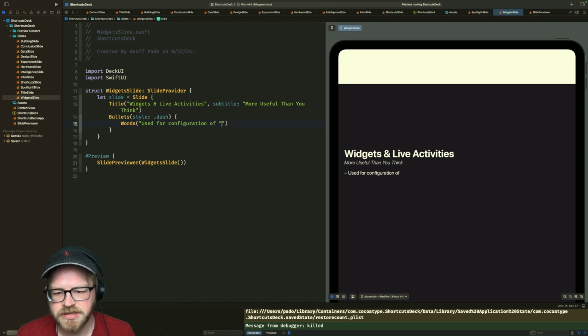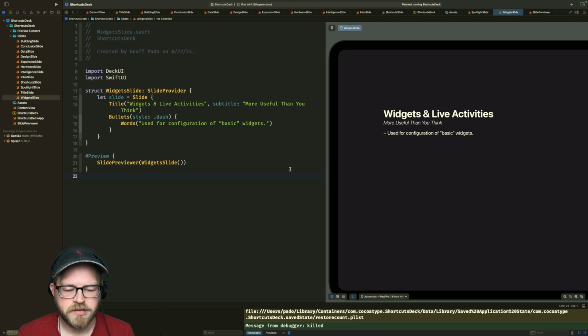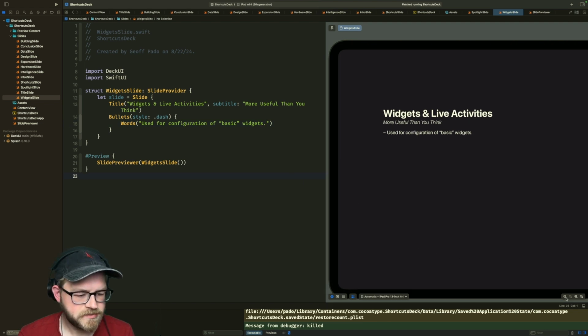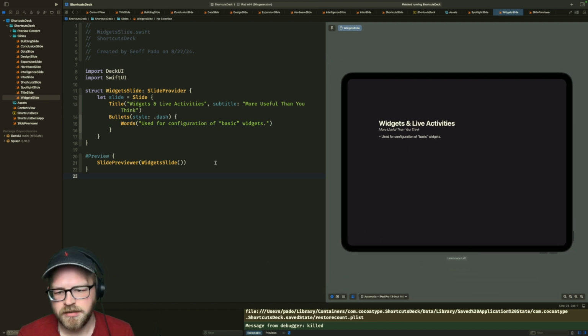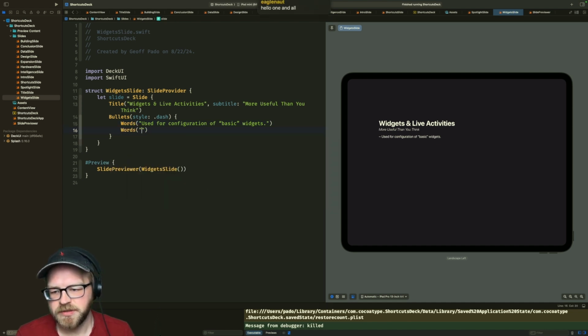Where's the button that I was hitting to make the thing? There we go. Can I turn landscape back on? That would be cool. Used for configuration of basic widgets. And dwarfs. That's what I want.